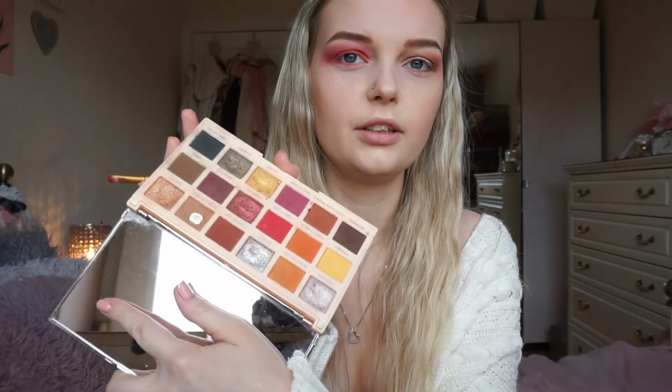I'm also going to use some of the orange colours from the Soph palette. And now on this side, I'm going to take this nude shimmery colour from the Soph palette, and I'm going to put it on that there. I think that's alright. So now I'm going to go back to this Chocolate Bonbon palette, and they have this